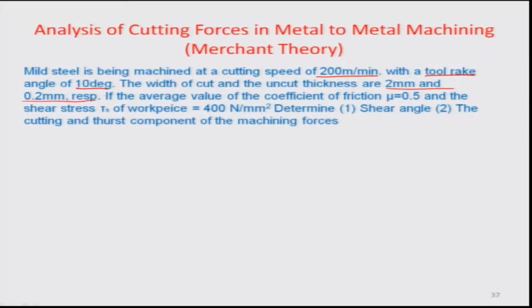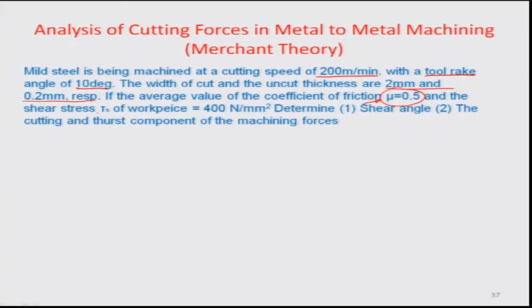and the average value of the coefficient of friction. We are just taking this to be an average value, although the presumption is not completely true, because due to the unequal distribution of pressure of the chip on the rake face, there may be a change in the normal force that it receives from the tool face, resulting in differential friction. Also the coefficient of friction changes with temperature as the cutting process happens. But we are right now assuming this to be uniform, an average value reported of 0.5,